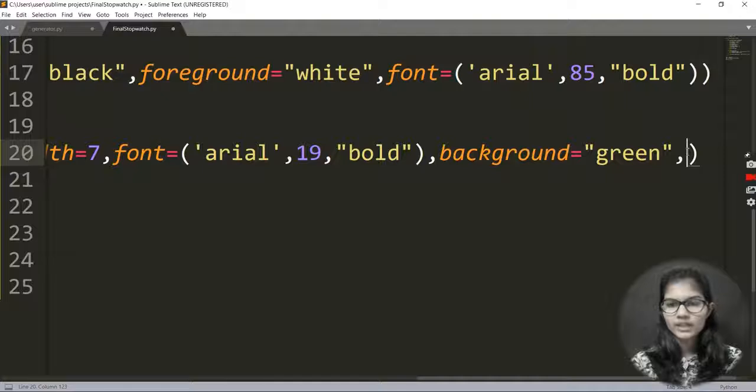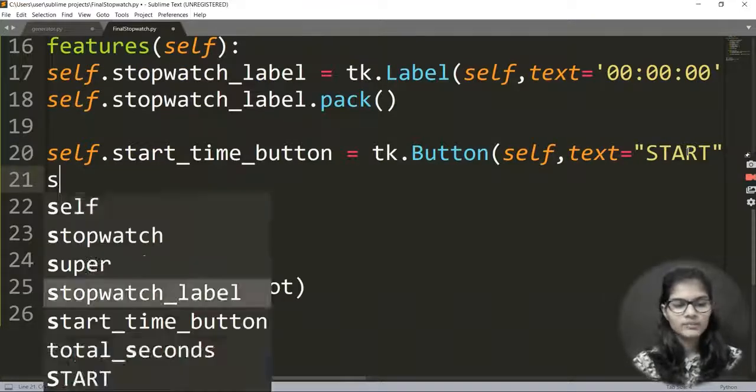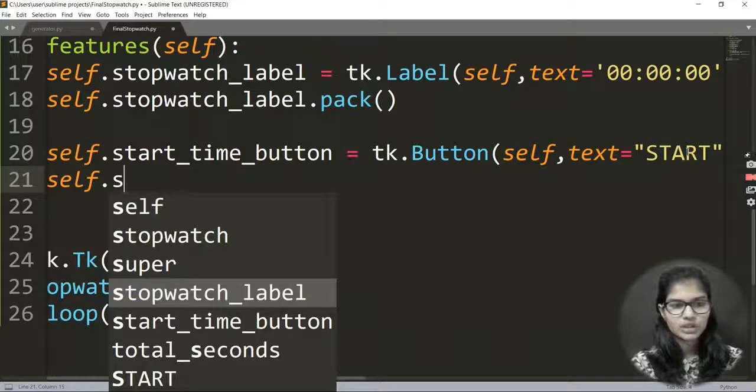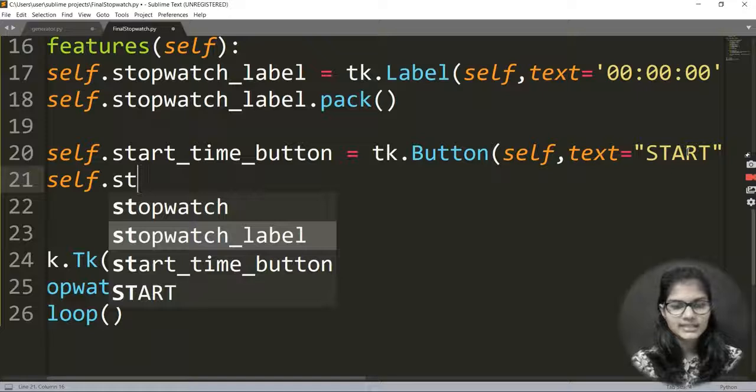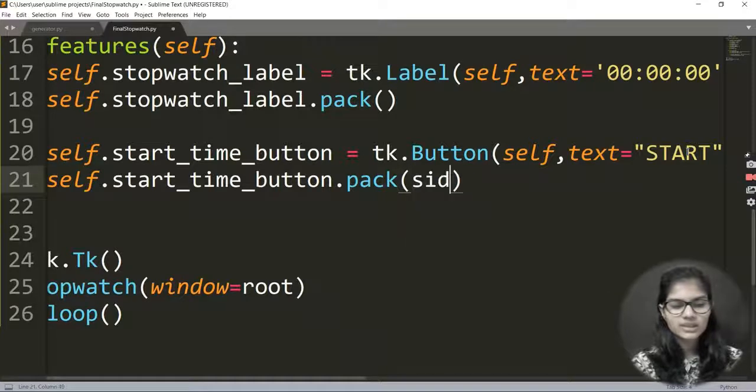Other than that, we have one more parameter to add here, but I would not be doing that here; I'll be doing that afterwards, when I define the functions for all of these things. Then I'll be writing out that command. Come on to the next line, and basically I'll be using here self dot start_time_button dot pack. The pack function is being used, and now what I want here is side is equal to tk dot,